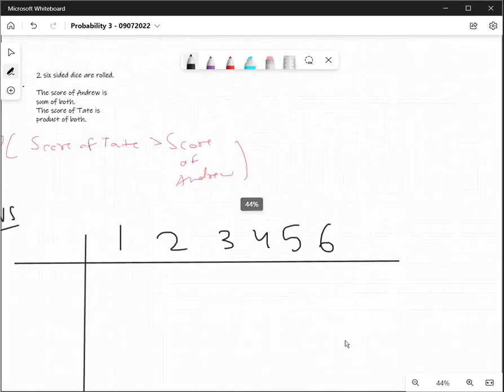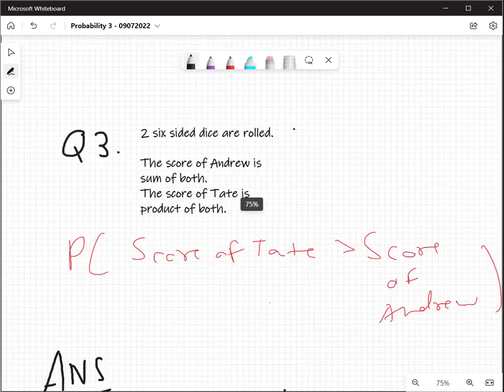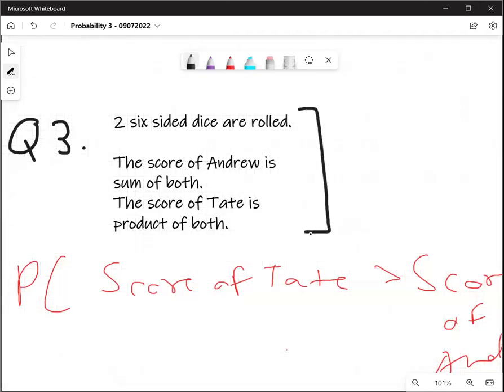Now let's solve this question. Read the question, Anas. Okay, I'm trying to join. Anas, read question 3. Two six-sided dice are rolled. The score of Andrew is the sum of both. The score of Tate